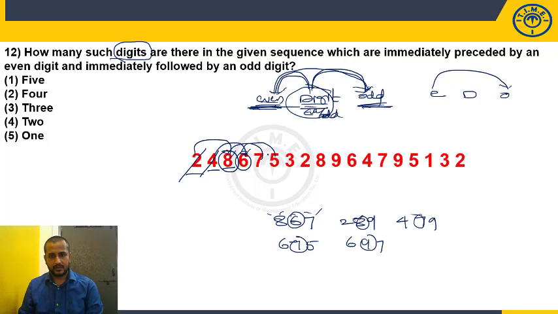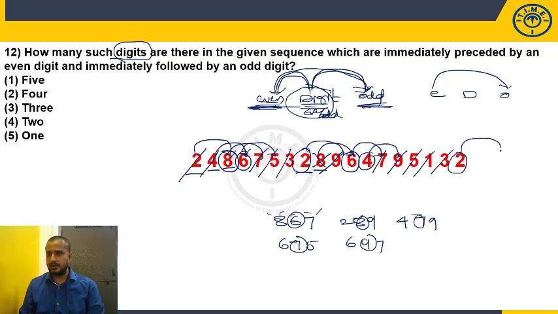Even. Is the alternate odd? Yes. Is it even? No. Is it even? No. No, don't need to check it. Time waste. Even. Is the alternate odd? Yes. So it is. Even. Is the alternate odd? No. Is it even? No. Even. Is the alternate odd? Yes. Even. Is the alternate odd? Yes. Is it even? No. Even? No. Even? Yes. Is the alternate number there? No. Not present. Simple.